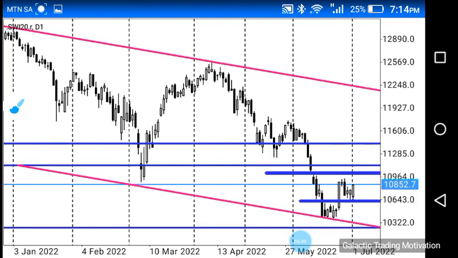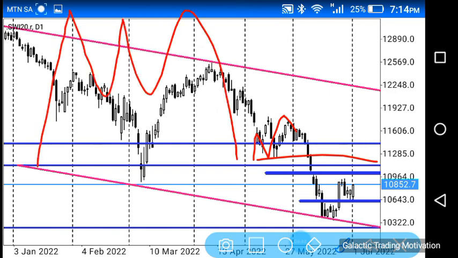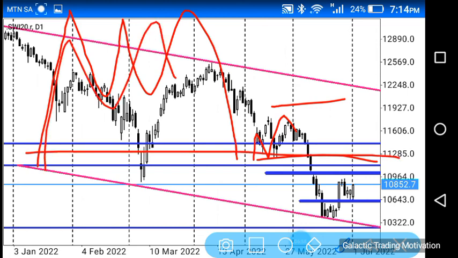And the nice thing is that the neckline of this M structure is actually in line with that huge head and shoulders pattern that we have on the weekly chart as well as on the monthly chart, right? So that complements. We have two necklines here, one of this huge structure and another of the small M formation over here. So indeed, should price reach this point, we would be looking for possible selling opportunities. And I also spoke about how we have